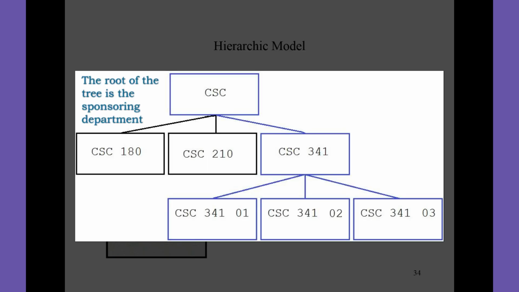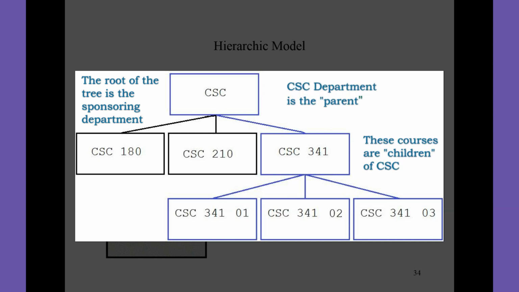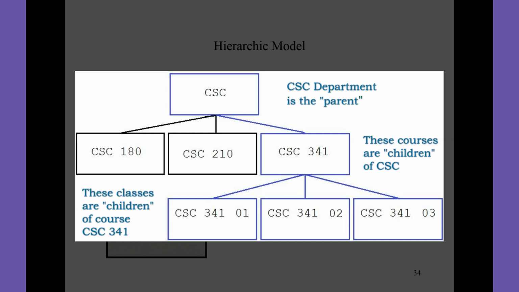Computer science offers many different courses. Here we're showing three different courses: CSC 180, 210, and 341. 341, as we mentioned, has three sections or three classes. Those are all leaf nodes that are part of the tree, with the middle node or branch node being the